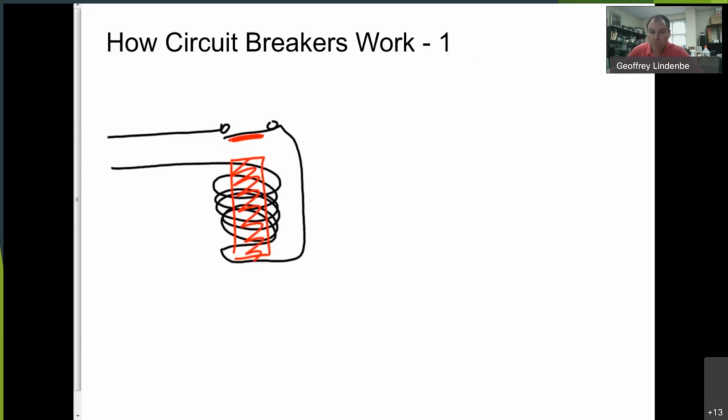So the idea is that this is connected in your circuit, and as current flows around the coil and through your circuit, the electromagnet becomes magnetized. So the electromagnet is magnetized when current flows. Now there's a little spring attached to this switch, which is holding the switch closed and keeping the current flowing. But as more current flows,